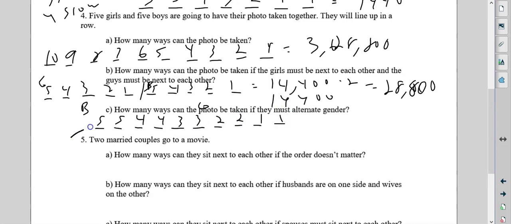But a girl, again, we got to look at that as, like, let's say we started with girls in this one. We'd have to do it all over again for boy being first. So girl, boy, girl, boy, girl, boy, boy, girl, boy, girl, boy, girl. So when we multiply this out, all right,